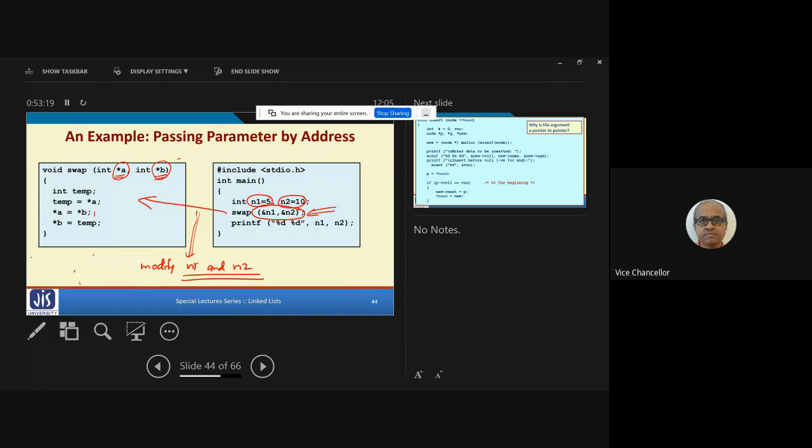So if you are writing a function just to print the larger of two numbers, then you do not need to pass pointers, because you are not returning any value, not changing anything. You are just comparing A and B. If A greater than B, print A, else print B, something like that. Then also if we just return a value and do not take it by reference, that is equivalent to this code. Return value you can always do, but the problem with return value is that you can return only a single value. Yes, sir.